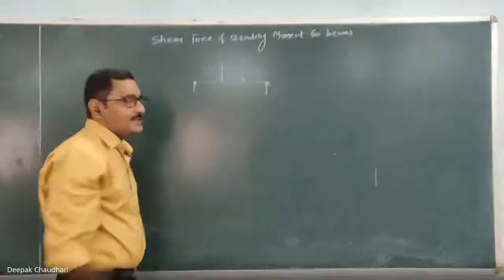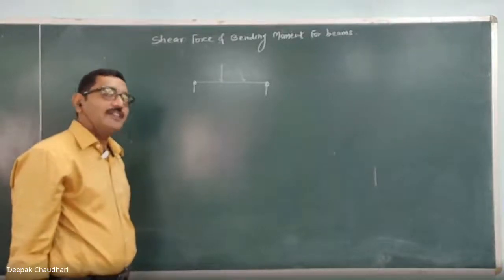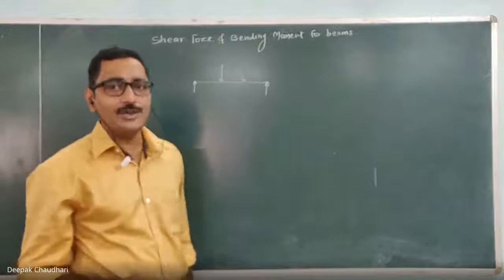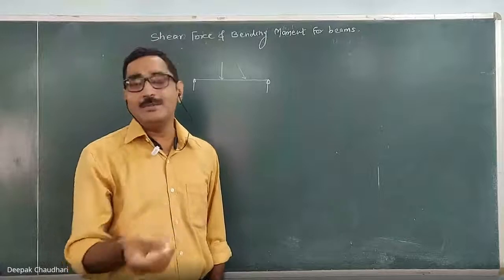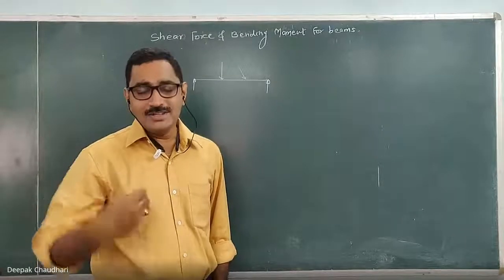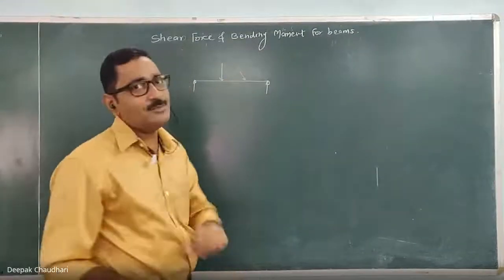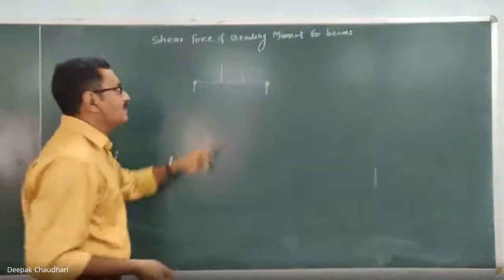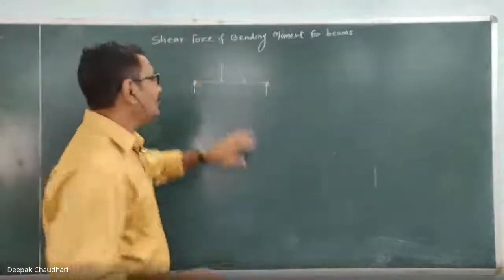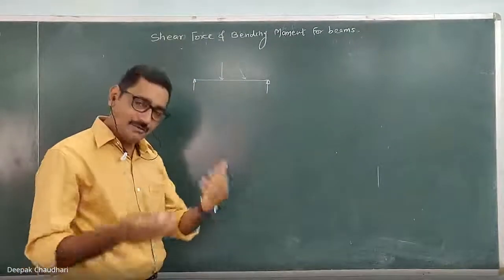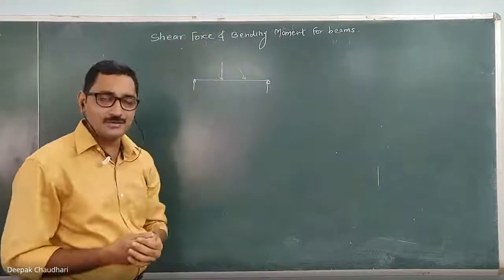Now, when it is subjected to the lateral loading, what will be the effect of that lateral loading on the beam? And whenever any component is subjected to such a lateral loading, how do we decide the dimensions of that? To design that particular component, the first and most important step is to draw the shear force and bending moment diagram. Because for designing that component, we require to calculate the shear force and bending moment, and we have to do the design considering that bending moment and the shear force.